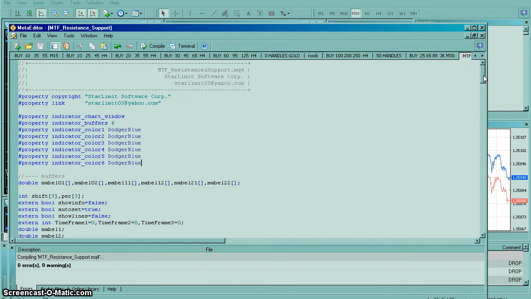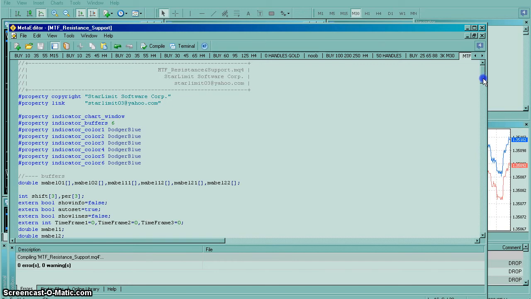If you open up the MetaTrader MetaEditor, say that 5 times. Well, the original version of this had red and blue, but I've changed it to Dodger blue just because I don't want to have to think about is that a resistance top or bottom, because I'm really just trading the fact that tops become bottoms and bottoms become tops, so I don't really want to be distracted with that idea, so I kind of simplified it, and